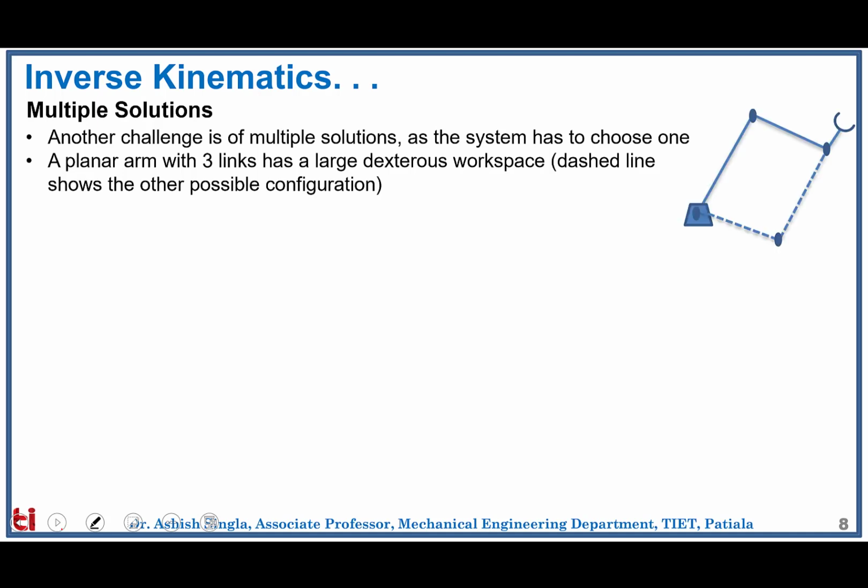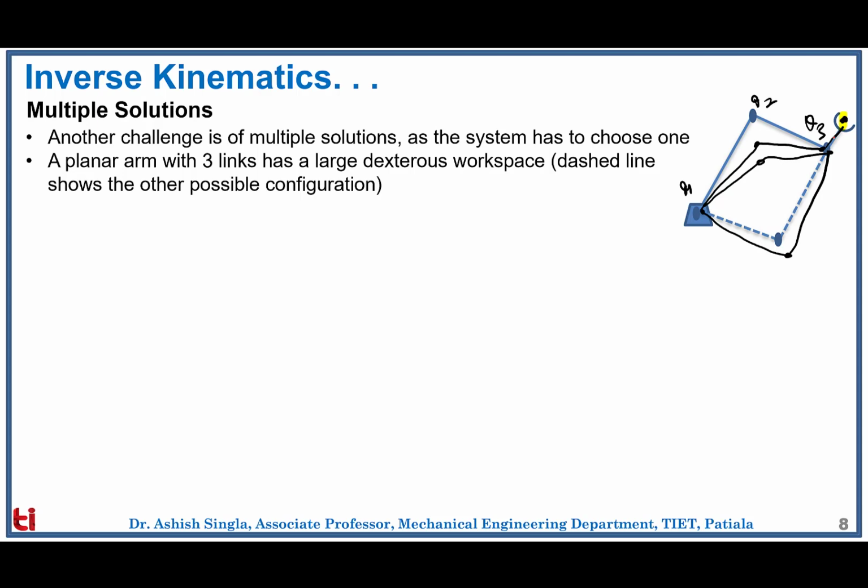To attain any particular configuration, here you can see, let's say this is the target position and we have theta 1, theta 2, theta 3 as a 3-link manipulator. This is one of the configurations, and the dashed one shows the alternate configuration which this robot can take in order to keep the end effector at the same location. So you can see over here the robot has 2 solutions to achieve this, or even the robot can reach this way, this way, this way. So it has many solutions.